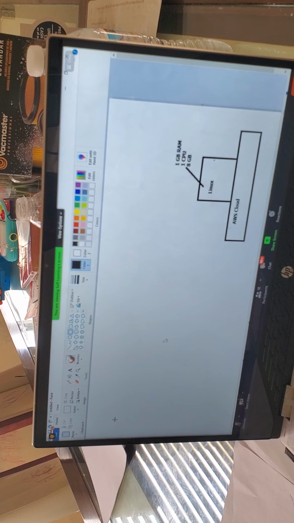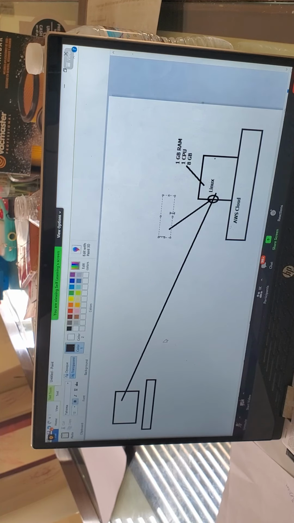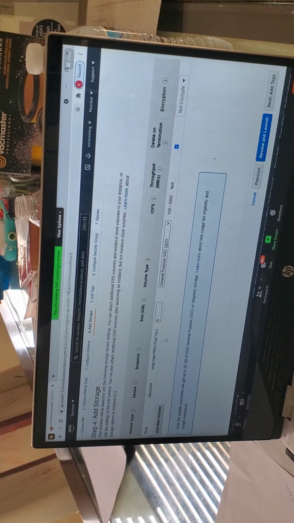When you want to connect to this Linux machine, very important. This is my personal laptop. When you want to connect to Linux machine, what port needs to be open? You know that. Yes, you are right. SSH port needs to be open. I'm going a little fast because all this we already discussed in the last session. In fact, you don't need to open it. It is very intelligent and automatically guides you to open the SSH port. Next step is tags. You don't need to worry about the tags.